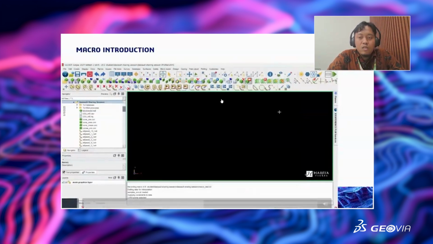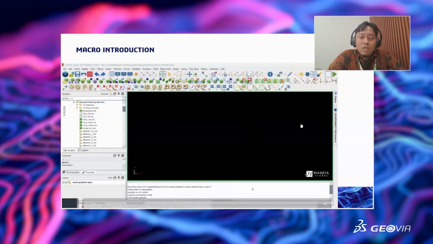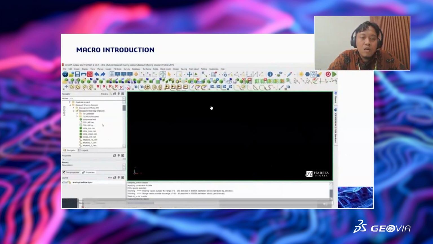After we do the macro test here, to end your macro, just click the recording macro button on the top right of your screen. Already done.